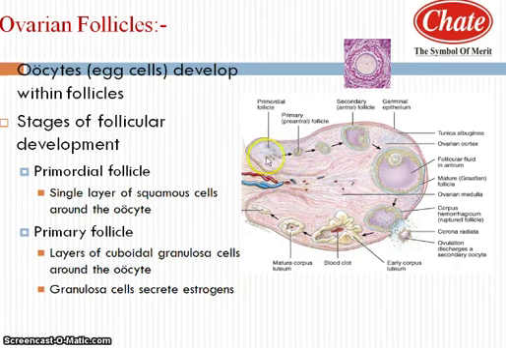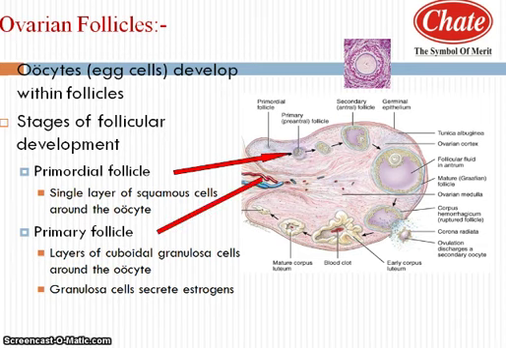These primordial follicles are formed during the embryonic development. During embryonic development, a large number of follicles, egg follicles, are present in the egg nest, near about 2 to 3 million. At the time of puberty, these follicles become about 30 to 40,000. Out of the total follicles, a few follicles detach from the egg nest and form the primordial follicles. These primordial follicles are covered by a single layer of granulosa cells, and under the influence of the hormone FSH get converted into the primary follicle.